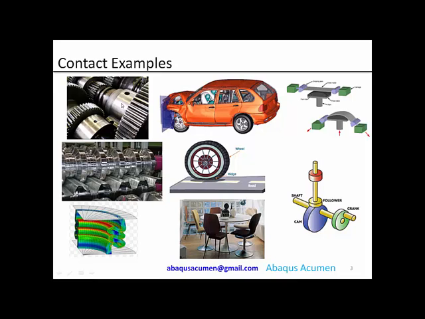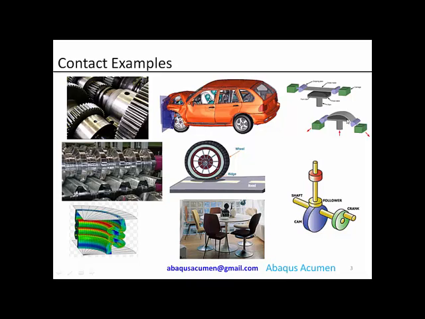Or you take another example of a transmission element, like a pulley and belt, where again load transfer is through contact. Or you take an example of an extrusion line where we give a profile shape to a thin steel sheet using a rigid applicator, and the load from the rigid applicator going through this thin steel sheet is again through contact. Or take the buckling of a cylindrical structure, when it catastrophically buckles, at the end of the catastrophic buckle there is a self contact within a body also.